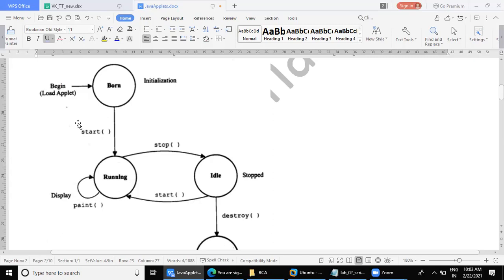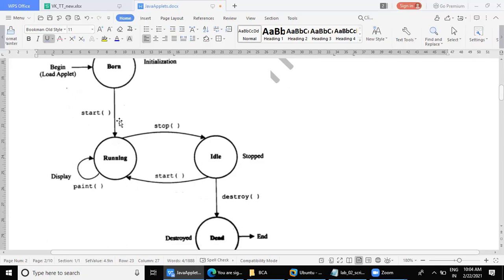That's why people might get confused. Fine. This start method normally we don't call explicitly, it gets automatically called. But if you call, then you can have some lines. If you want to display something at the start, you can do that. Fine. But of course, it will get displayed only when it enters running state.